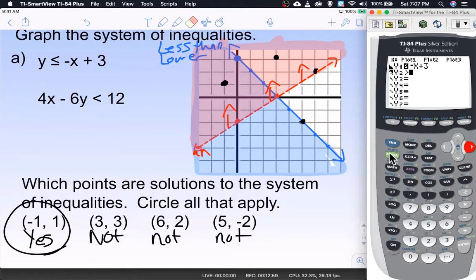and usually alpha F1 gives me my fraction thing. It's not giving it to me here. So I'm just going to put 2/3 as a fraction. X, what was it? Minus 2. Now, if I hit graph,